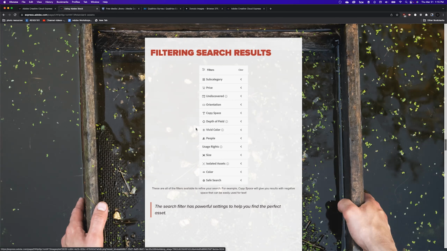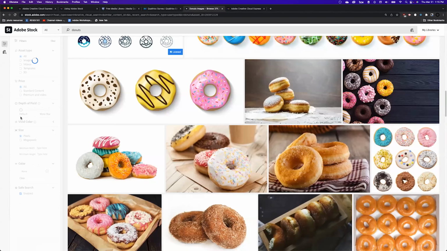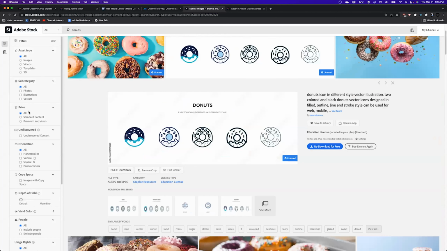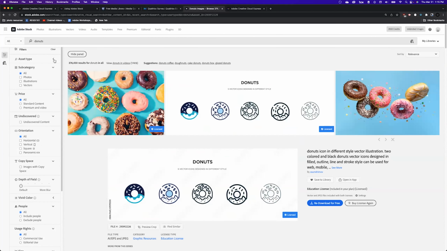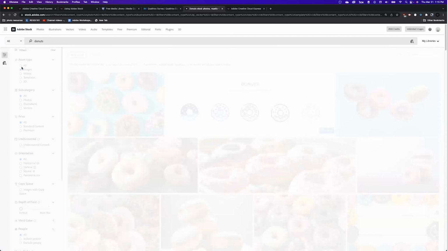You can choose your orientation. I guess I'll show you this in stock. So let's go ahead and go over here. If I want to filter, it's on the left-hand side here. It says filters. And here's asset type. You can choose all, images, videos, templates, and 3D. And when you click within those, it gives you more filtering options. So if I go to images,